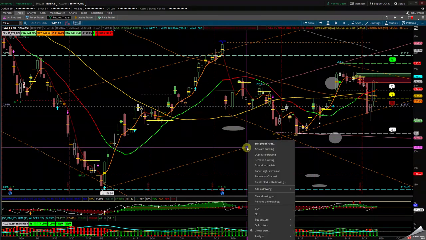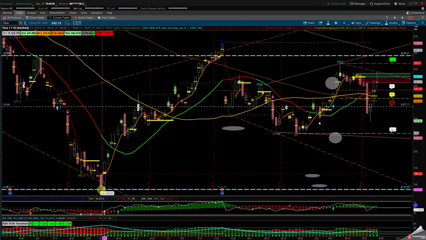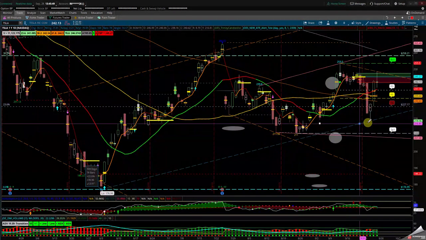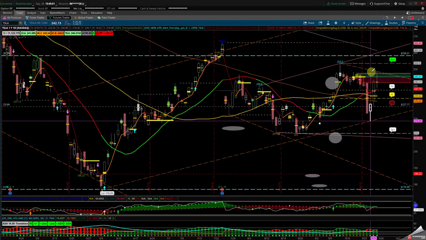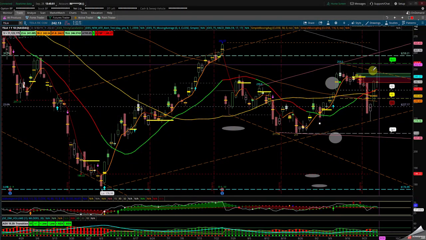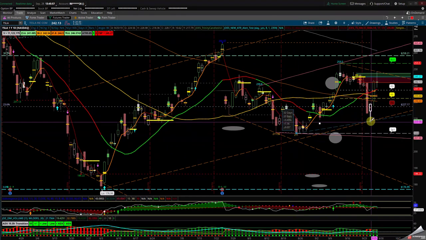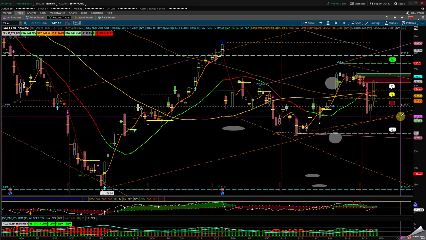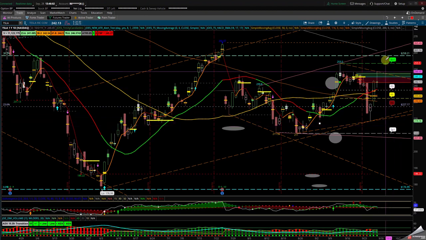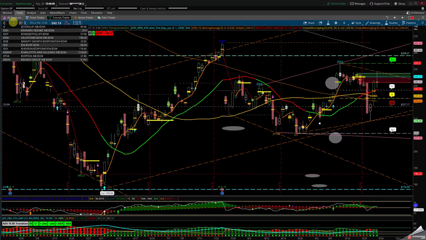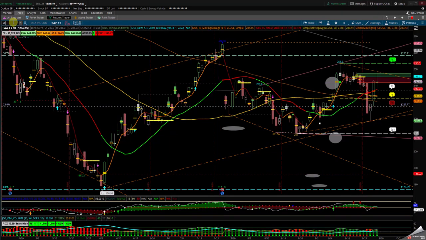Okay, so let's just remove this one and grab one from here and push it across up here and, oops, right into this one. And you have a cone in here in this symmetrical triangle, or you can grab one from this guy to this guy, and you want to make sure you hold on to these two channels in order to continue higher. Let's take a look at CL, oil and gold, slash CL.